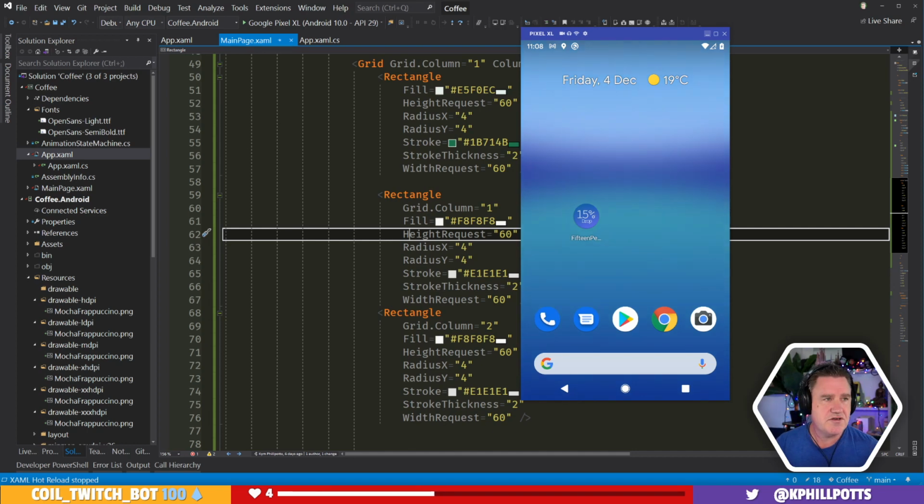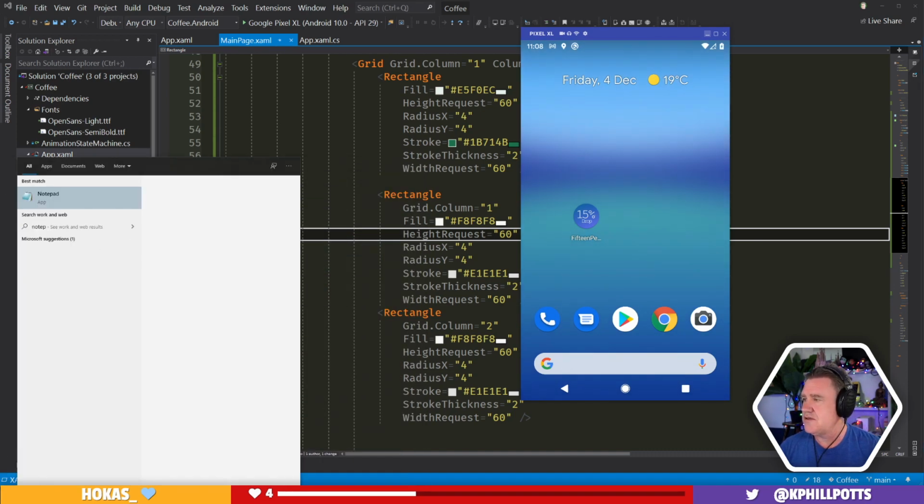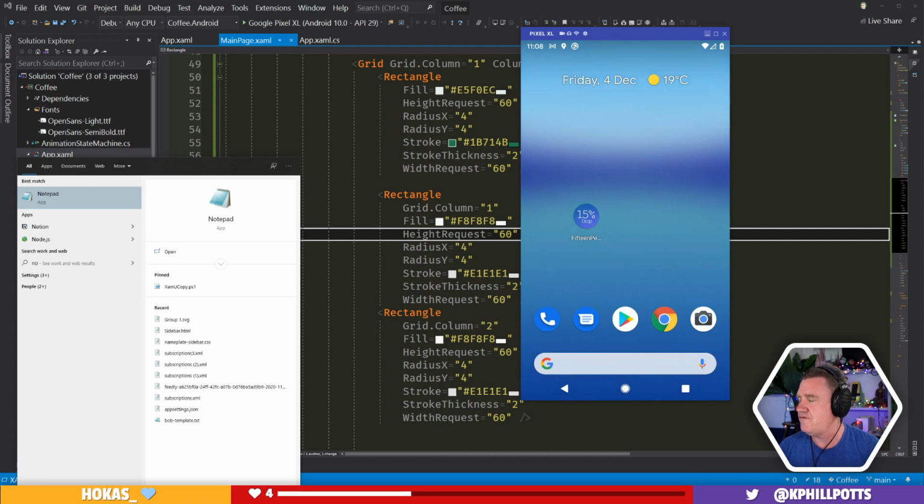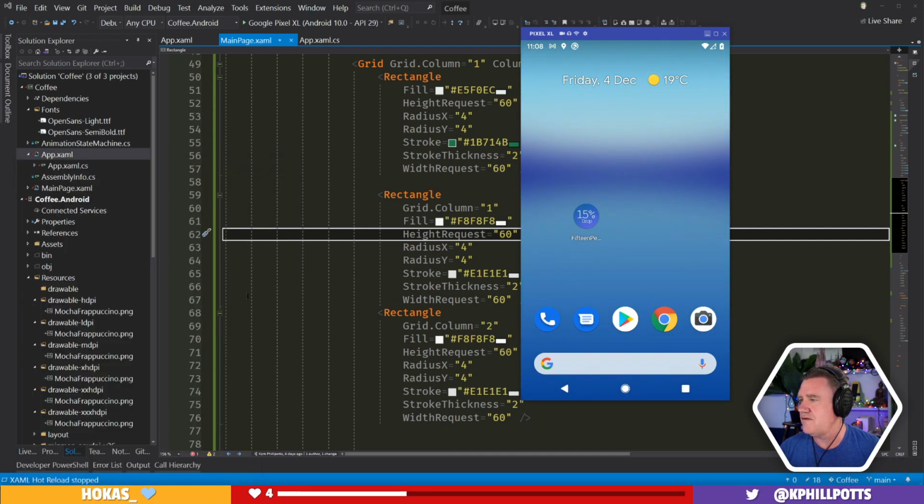Now, what I'm going to do, there's a couple of really cool tools. There was another cool tool as well for dealing with SVGs. I'm just trying to remember what it's called. I saved the link the other day. So there's this one here.